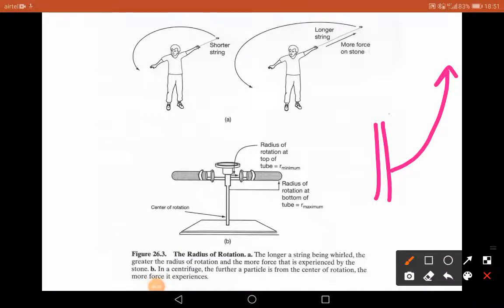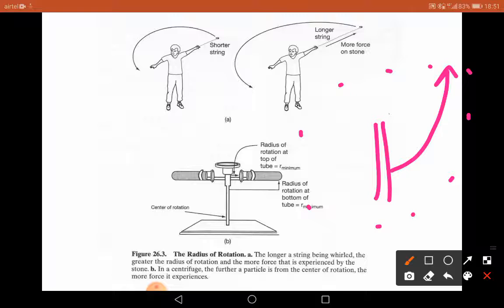You can experience this force by taking a rope, tying a stone to it, placing it over your head, and rotating it by holding one end of the rope in your hand with the stone on the other side. The stone tries to move away from you. That force is called centrifugal force. The same force we are going to use here.